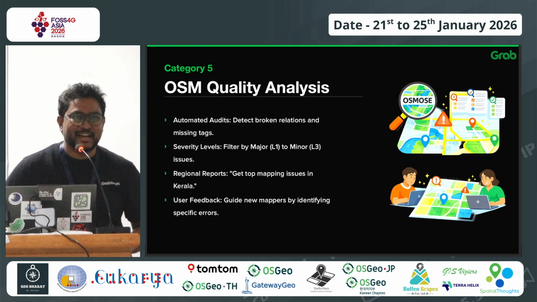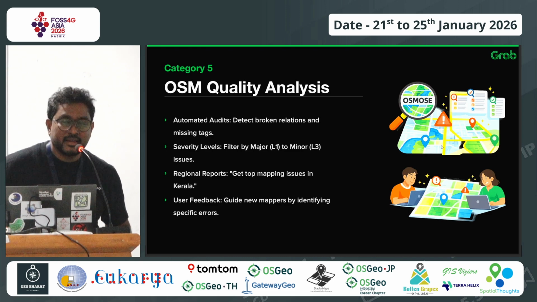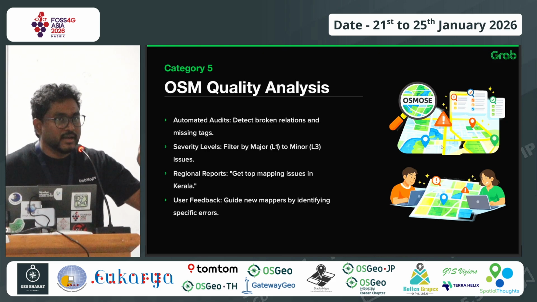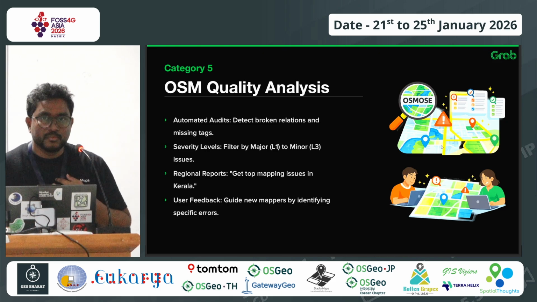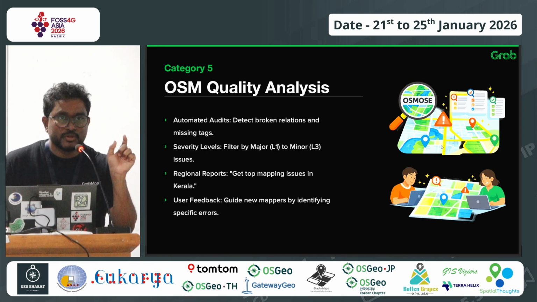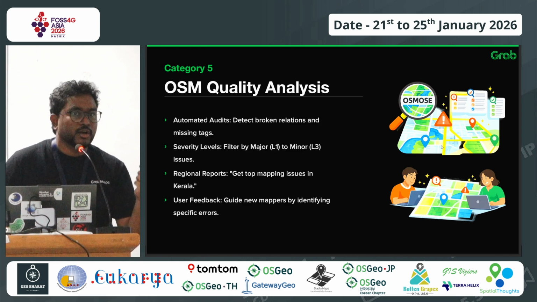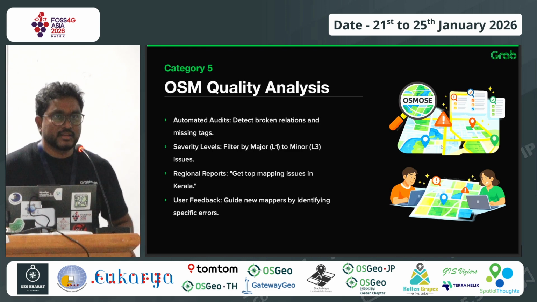And we all know that Osmos is an amazing tool for data quality monitoring and data quality fixing. If you go to the Osmos site, you will see that direct link. Let's say I'm the user, my username is Saikat Maiti, and if I give that username in Osmos, it will give me the list of errors I have committed in OSM, level 1, level 2, level 3. There are 3 levels of categorization there.